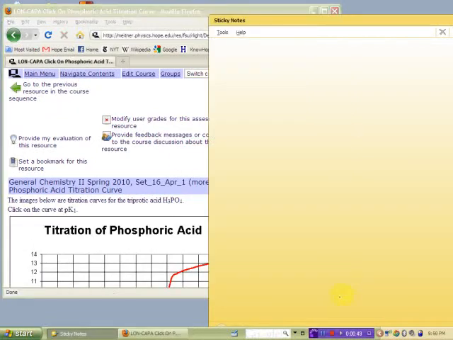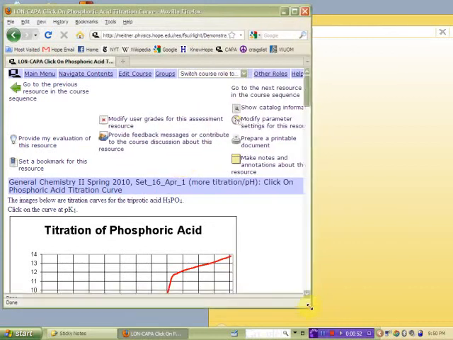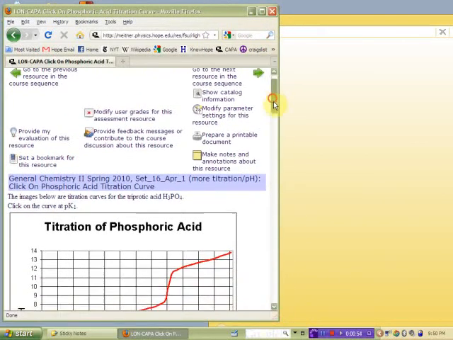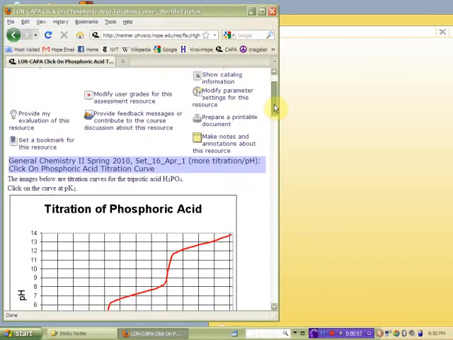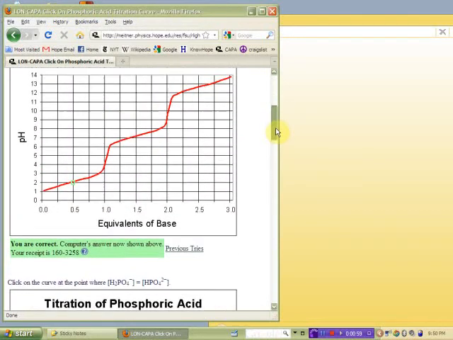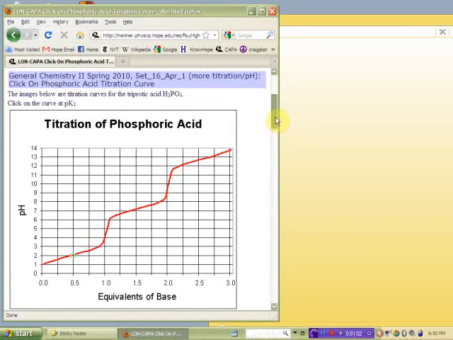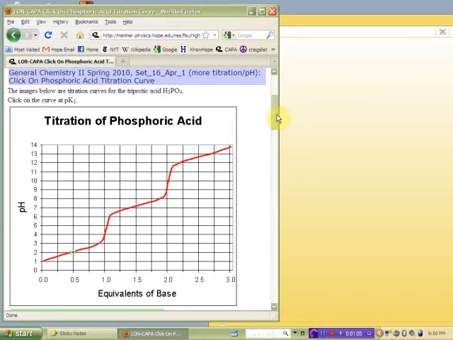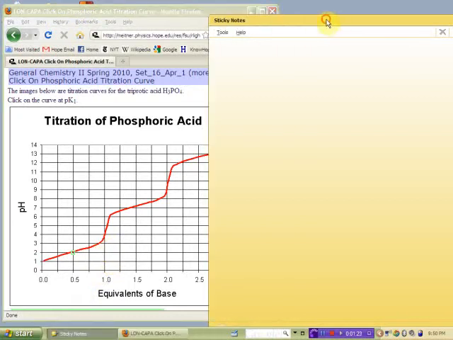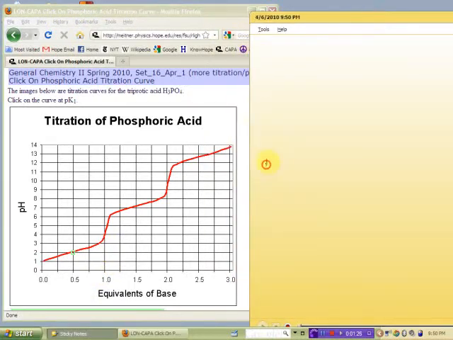Okay, this one was a fun one, probably. Titration of phosphoric acid. And you have to locate all these crazy X marks. So the first question was pK1. You can see the 1, 2, 3 regions of titration. Over here on this side is where you are starting with H3PO4. When you've added one equivalent of base, you've titrated all of the H3PO4